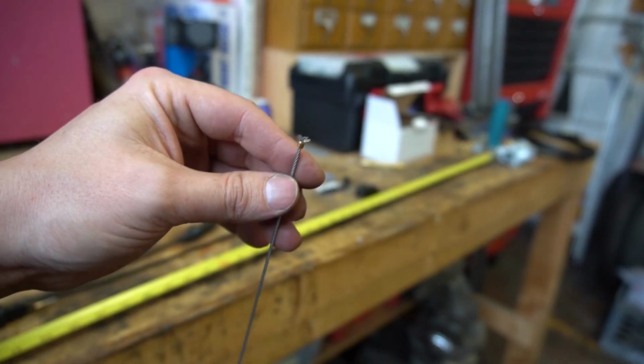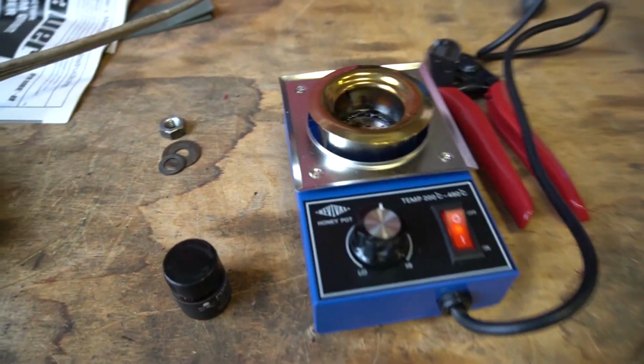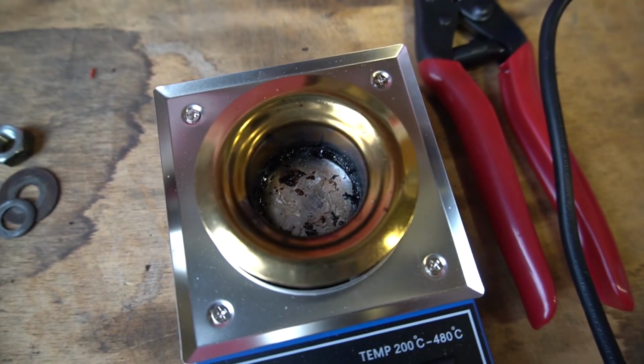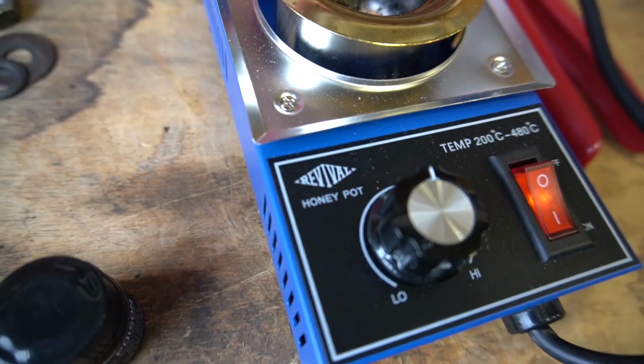Now the next step is solder. Next step is I'm going to be using this solder pot. You can see it's full of nasty goop. I got this off of Revival Cycles. You can get a solder pot anywhere online, but I figured I'd get it from Revival because they do cool